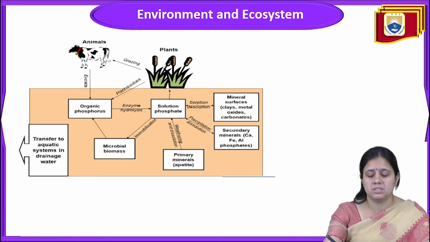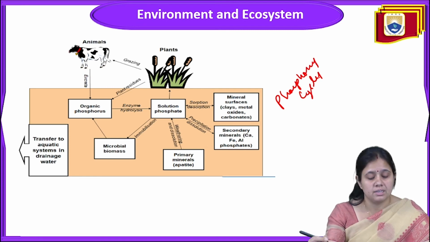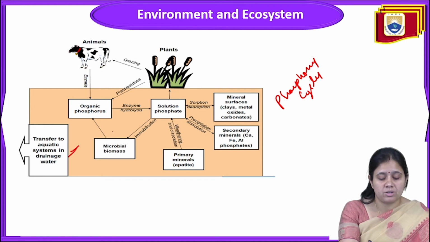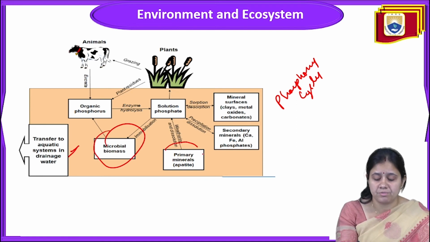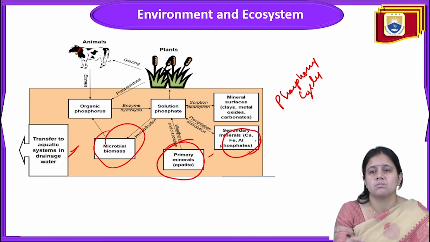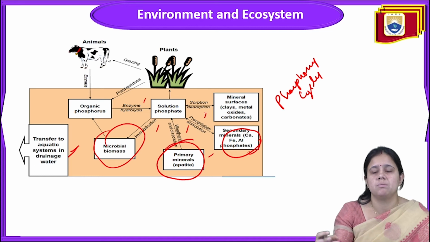This is a picture. You can see that this is about the phosphorus cycle. You can see the transfer from the aquatic system to the drainage water, and the microbial biomass, with the activity of primary minerals like apatite and the secondary mineral activity, because phosphorus is present in the form of minerals. And then with the activity of enzymes, immobilization, weathering, and precipitation, they will bring back the phosphate into organic phosphate